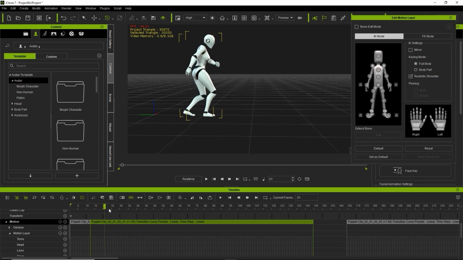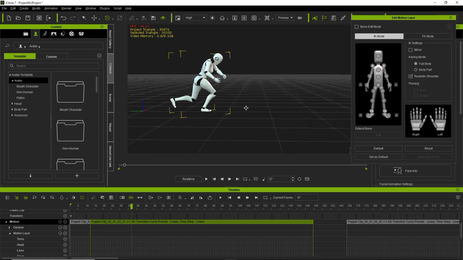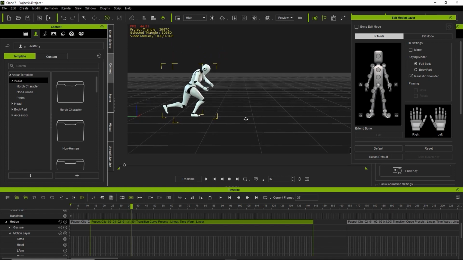And the next part we're going to take a look at is changing the transform position of the jump. Okay, so the transform position is the position on the world stage. So let's go ahead and, as he's getting prepared to jump, he launches about right here. Okay, so at this point right here, we want to have a transform keyframe just right here. We're going to double click on the transform track, and then here